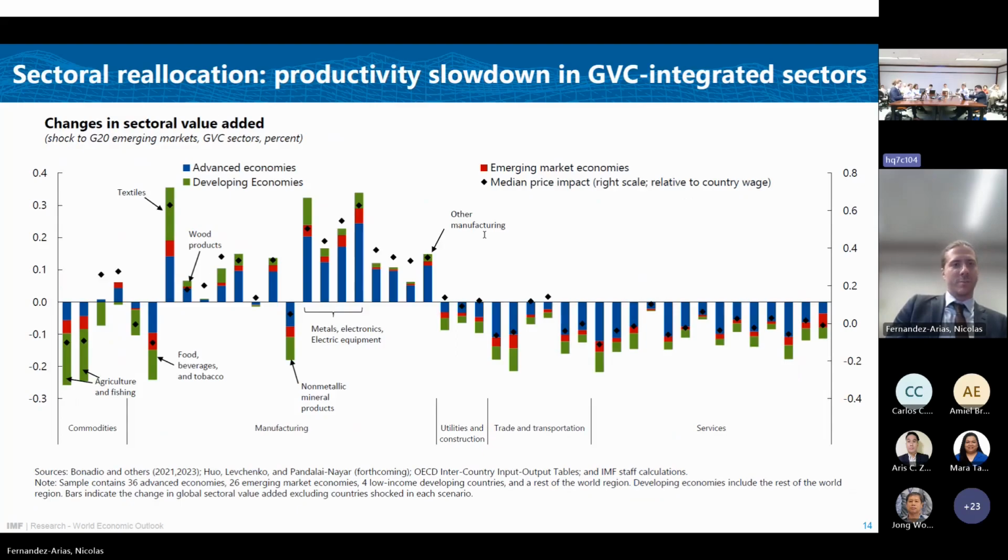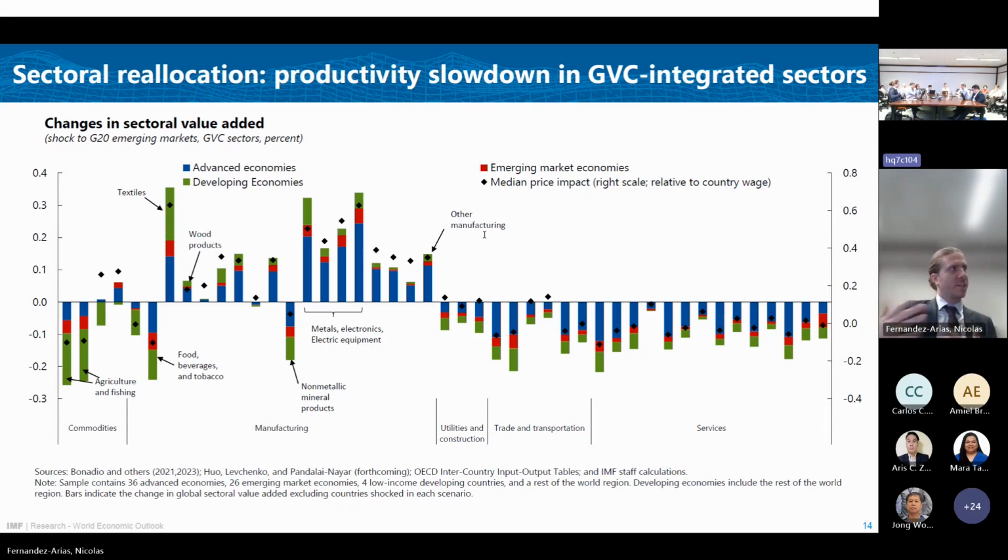So with this analysis, we can now look at the impact at the sectoral level in the second scenario, the one that I mentioned, using 2018 as a starting point and looking at the impact on global value chains. Looking at a scenario where we reduce productivity in both value chain sectors, we see that, underlying the aggregate impact on global value added outside of G20 emerging markets, which was about minus 0.1,